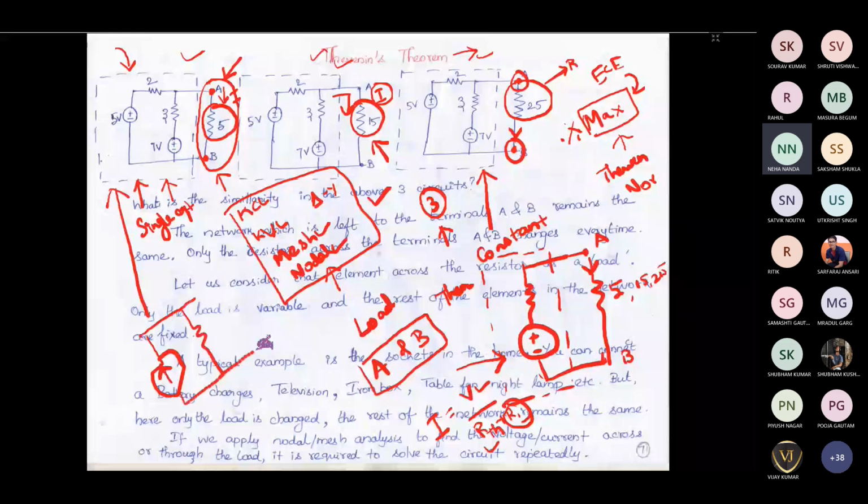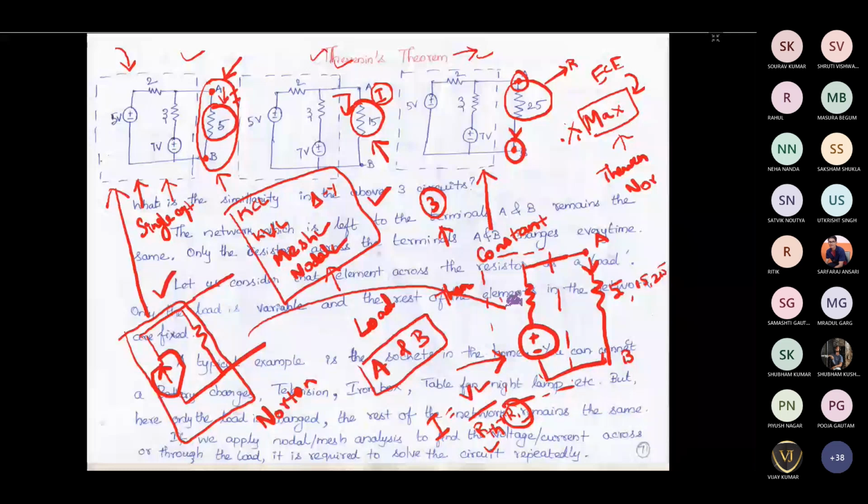Okay, so if you are replacing the complete constant circuit with a current source with a resistor in parallel, this is called the Norton theorem. And if you are replacing this with a voltage source with a resistor in series, this is called Thevenin's theorem. So it's obvious that we have already discussed source transformation. Once you find this using Norton theorem, obviously you can find this circuit just by doing the source transformation. Similarly, if you have found this circuit, you can convert that to this circuit using source transformation.